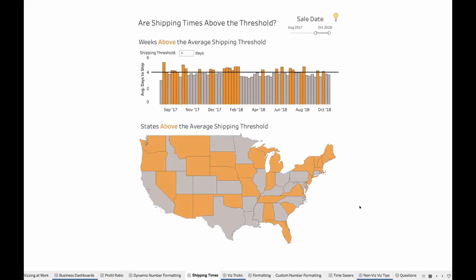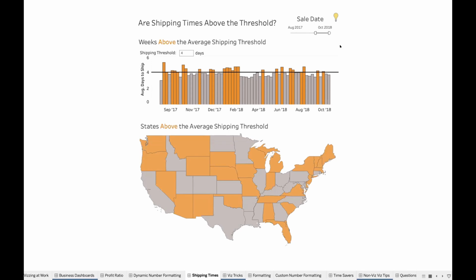The next dashboard I want to show you is an operational type dashboard. So your clients are going to be monitoring this one more frequently. What they want to see here, so they're shipping products. They want to see not only how long it's taking to ship products, but is the shipping time above the threshold that they've set. So what you can see in this dashboard, it's formatted similarly to the first. In terms of placement, I've placed the title and the date filter in the same areas just for consistency to make it easier for your clients to know where to go for these things.